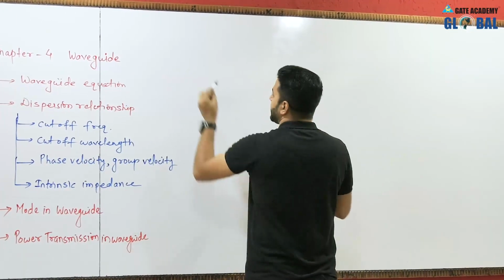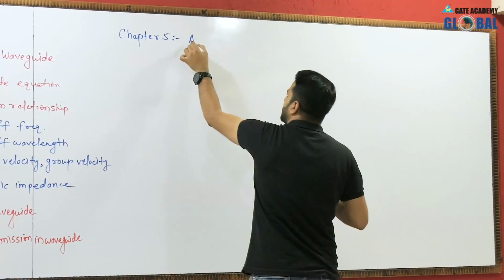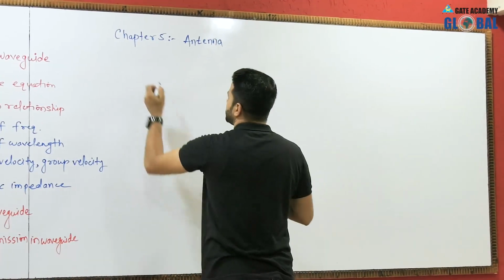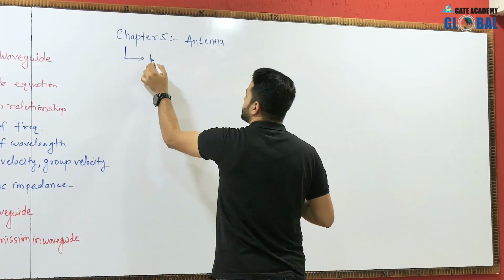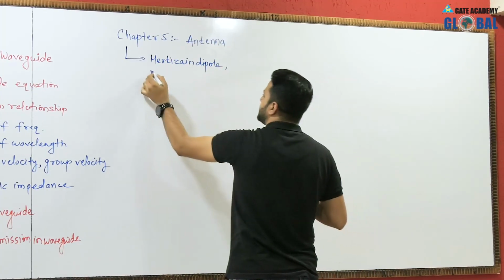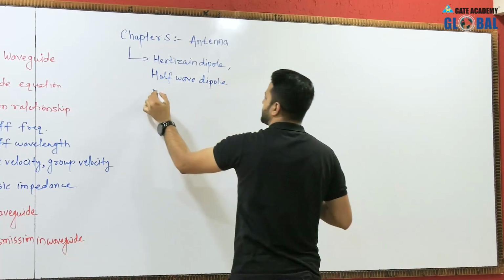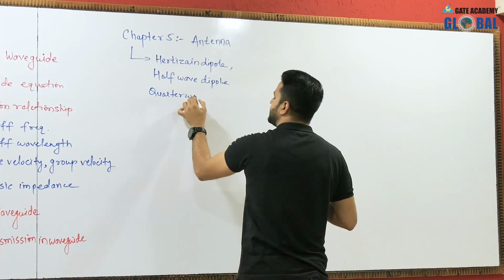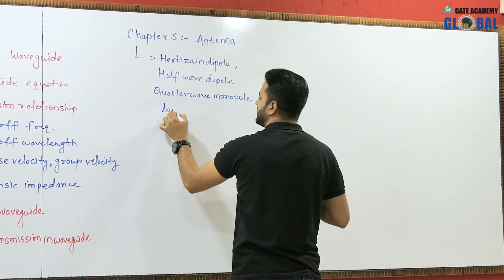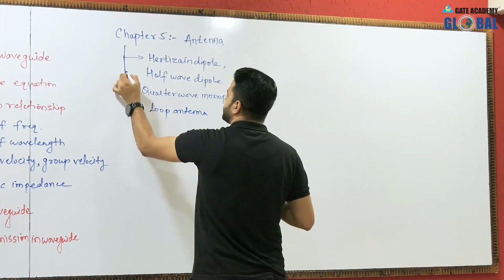Now next is chapter 5, antenna. Now in this chapter you have to study about the Hertzian dipole, half wave dipole, quarter wave monopole, and loop antenna. So in all these 4 types of antenna we have to cover